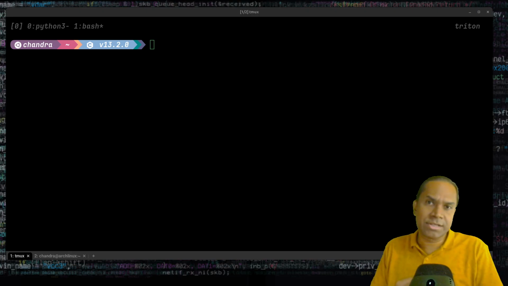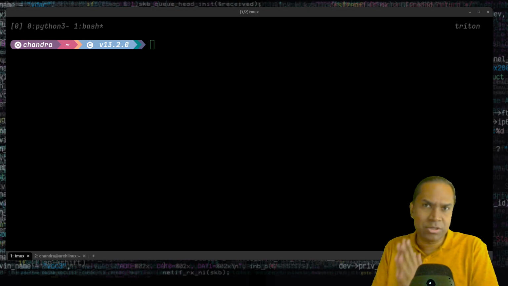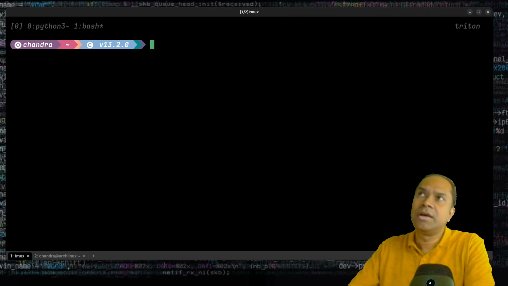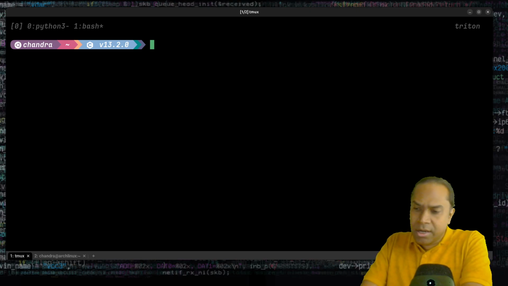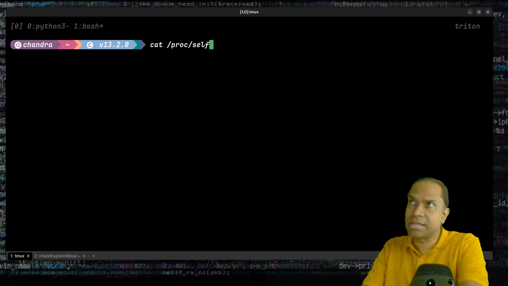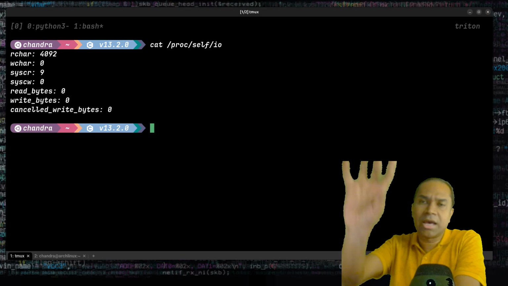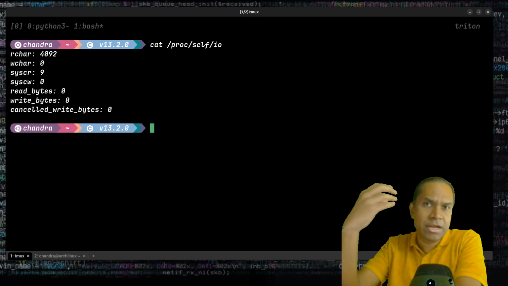So if you want to get the statistics on how many bytes have been read or written or what is the I/O traffic that's going on, you can just look up one file in /proc/pid, and it's quite intuitive and quite easy. You can just look up a file called /proc/any process ID. This time I'll use self. It'll give you information about the cat command itself, /proc/self/io. There's one file which gives you all the high level metrics that you want to know related to the IO